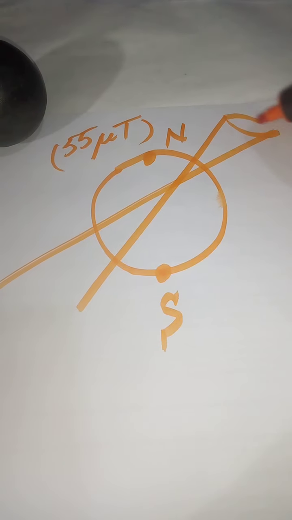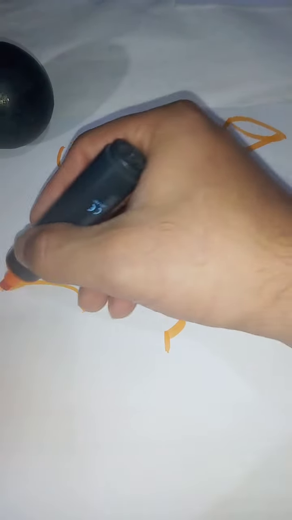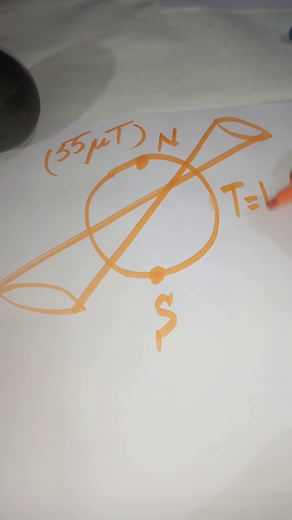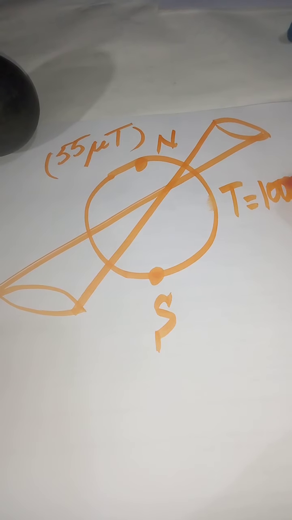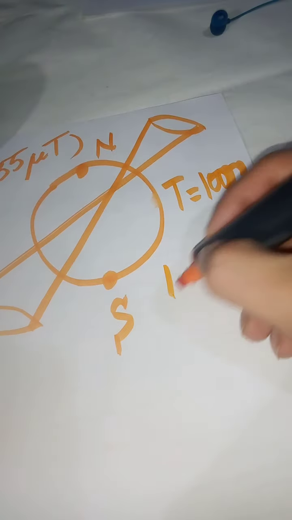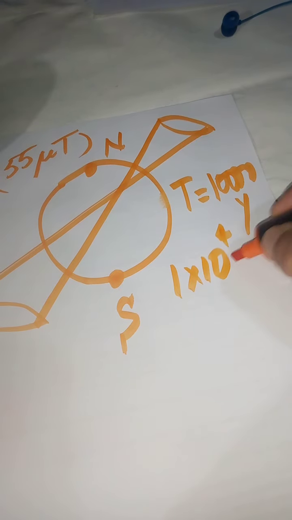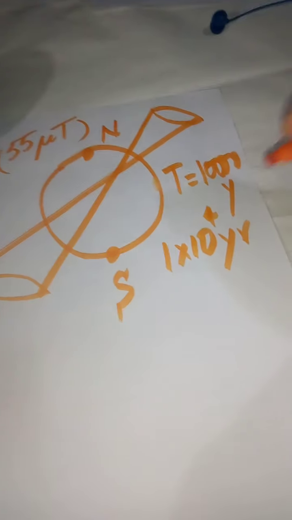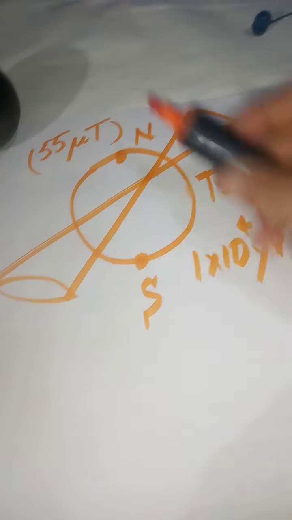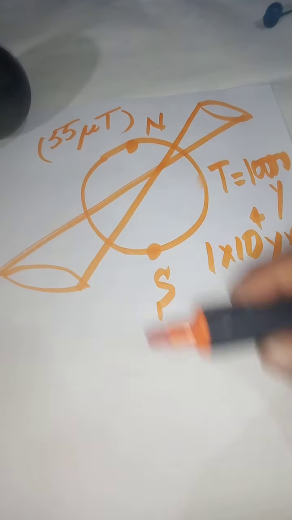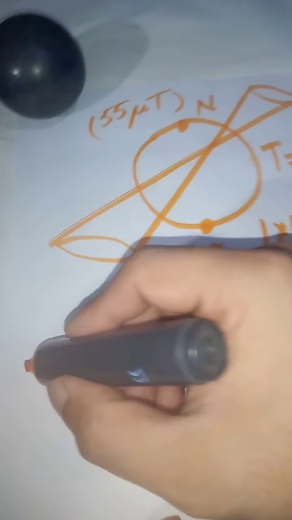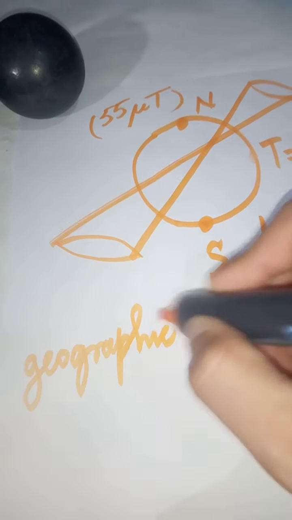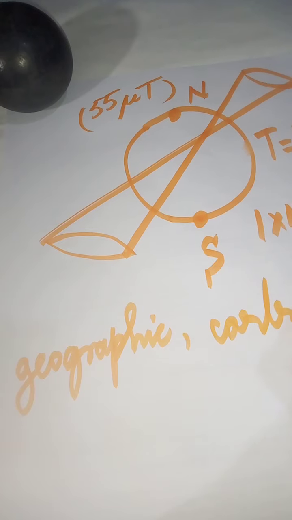Sorry, parallax shift. So it's changing, and the rotation, the time period is 10,000 solar years. So every 10 to the 4 years, the north and south get flipped. So I then tell them that the geographic N pole and S pole are not the same as the cartographic. So I talk about the geographic poles, cartographic